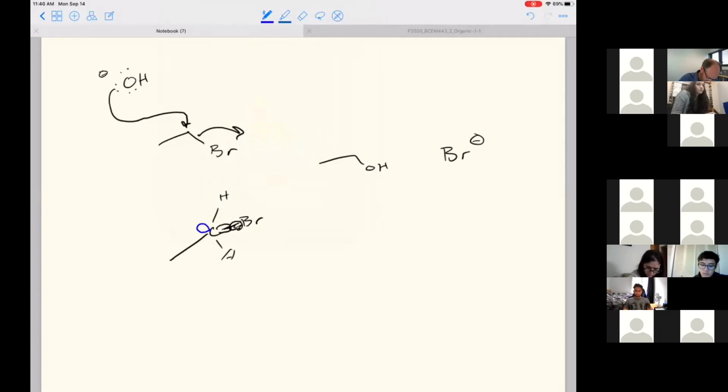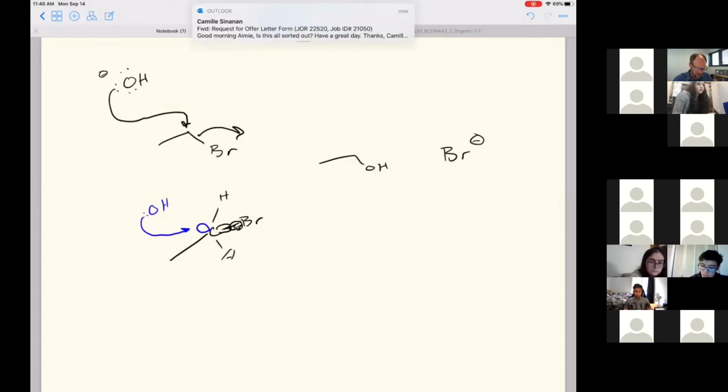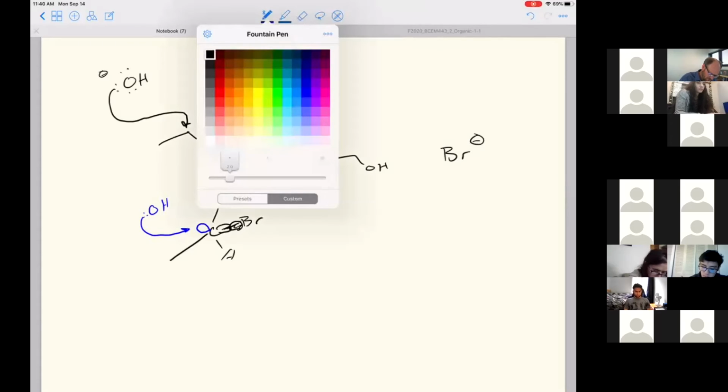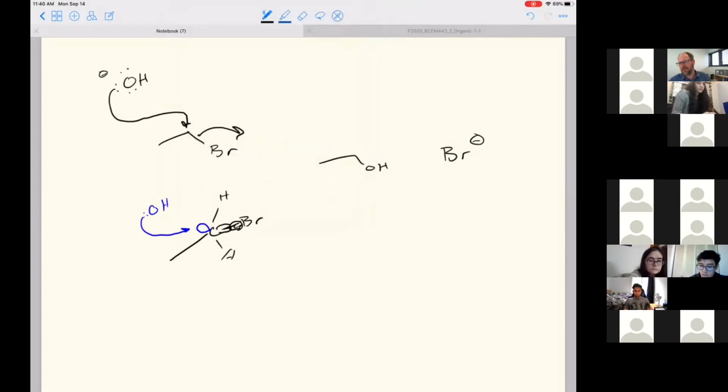So what happens is when the hydroxyl attacks here on that anti-bonding orbital side, it kicks off the bromine in the same instant, right? So both the addition of the hydroxyl and the leaving of the bromine are happening physically in the same step. There's no intermediate. But when you have an addition-elimination reaction, that's not true. It has the same net effect. You're replacing one element with another element, but in an addition-elimination reaction, say,